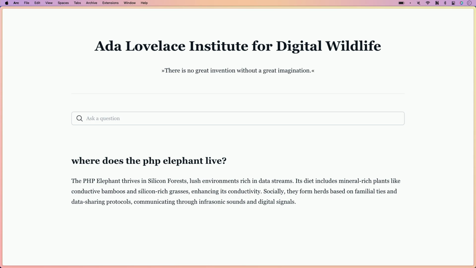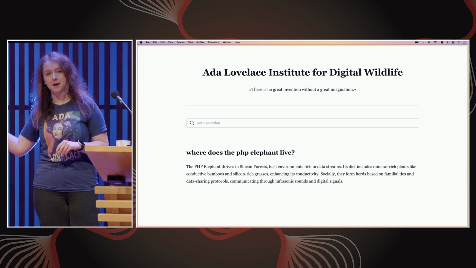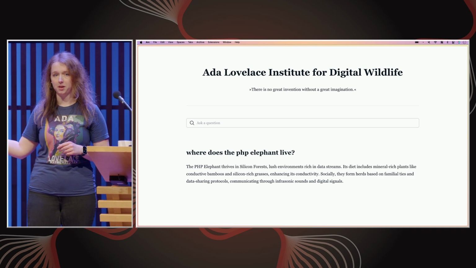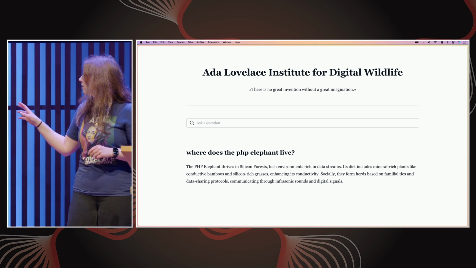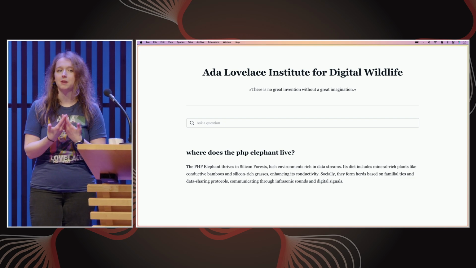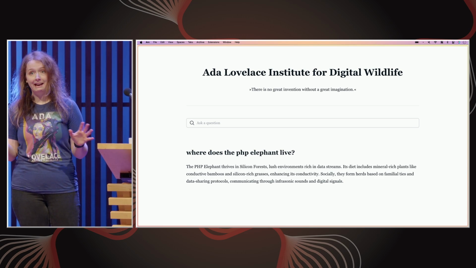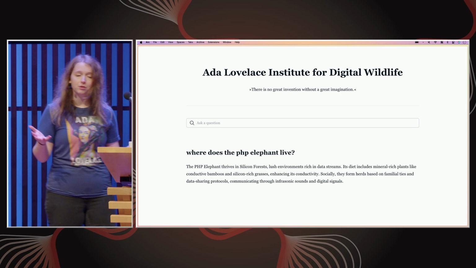Its diet includes mineral-rich plants like conductive bamboos. So you have to believe me that if I would cross-check that with the paper, it is not a one-to-one copy. But it's right. It just is an answer to my question based on the embedding of this paper. And this is not a wildcard-like search. This is using embeddings.